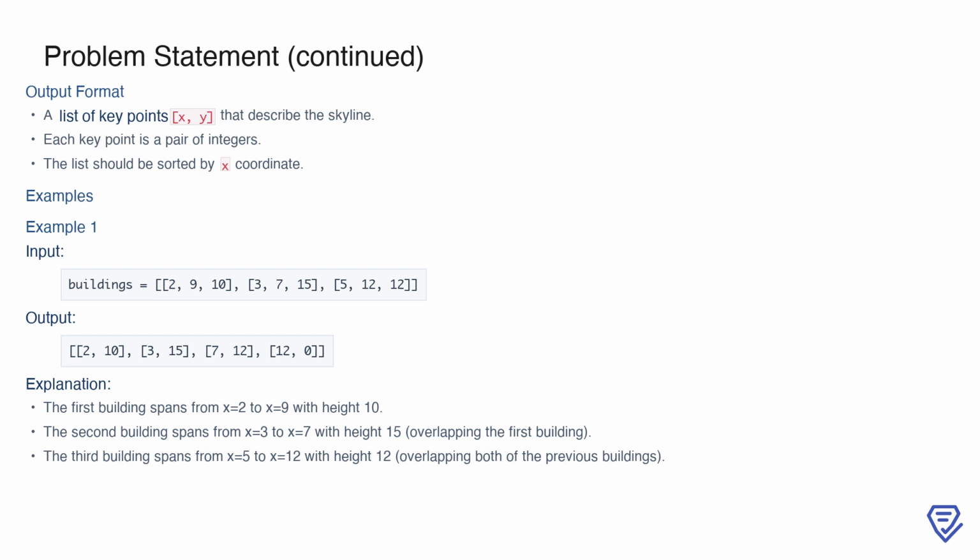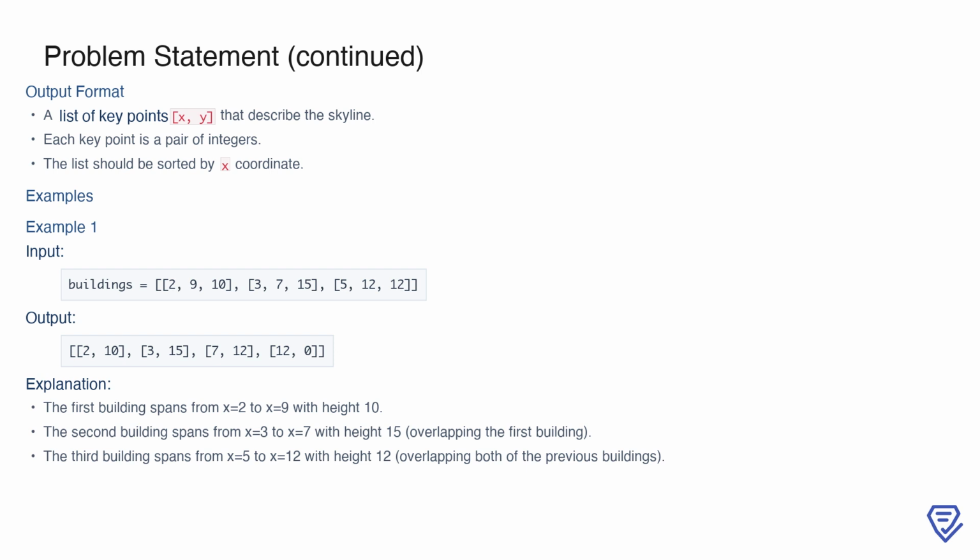Suppose we have three buildings defined as [2, 9, 10], [3, 7, 15], [5, 12, 12]. The first building starts at x equals 2, ends at x equals 9, and has a height of 10. The second building starts at x equals 3, ends at x equals 7, and has a taller height of 15, overlapping the first. The third building spans from x equals 5 to x equals 12 with a height of 12,